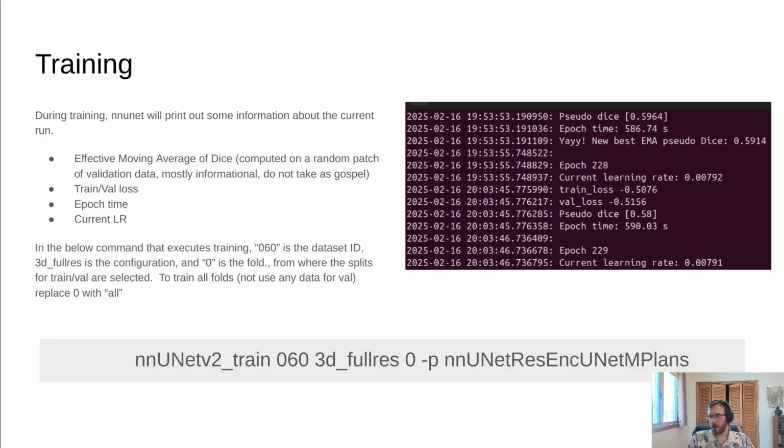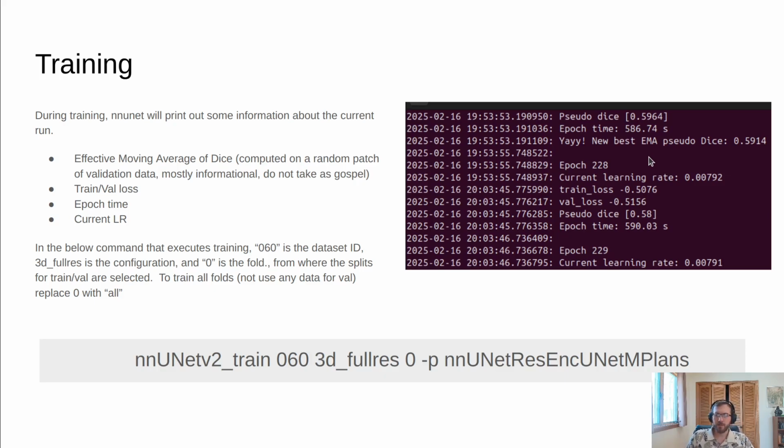So let's say we ran pre-processing, and we can walk through this, and I can help anyone through it after we go through just a walkthrough of the whole process. Let's say we've got that done. We want to start training. When we are training, there's a ton of stuff that gets printed out in the terminal. First, it's going to display your entire network configuration, and then as it trains, it'll show an EMA moving dice score,